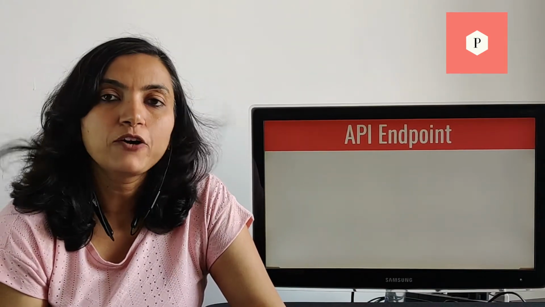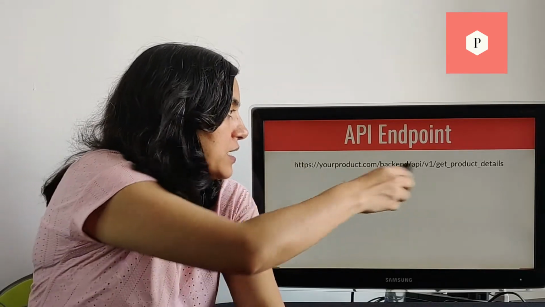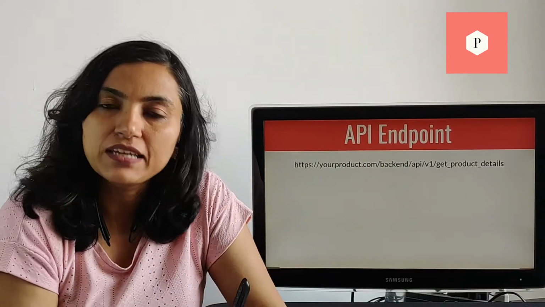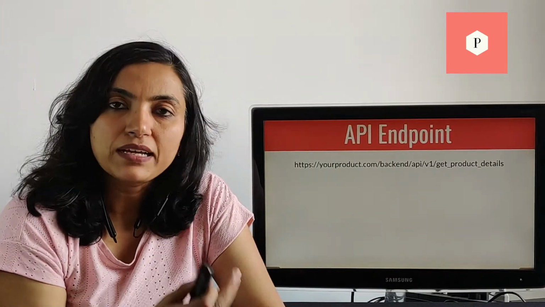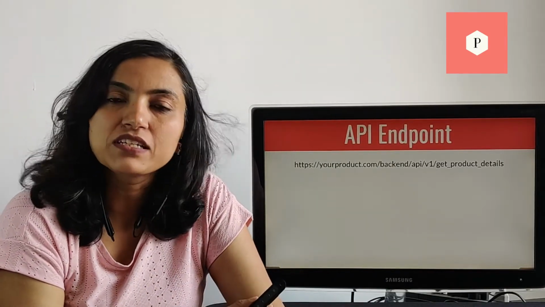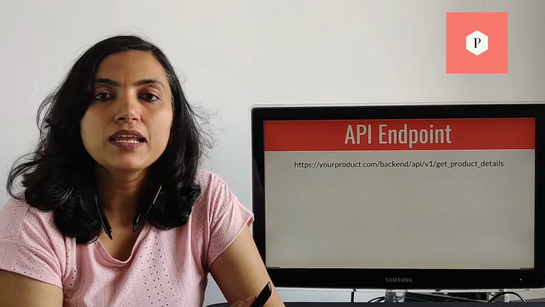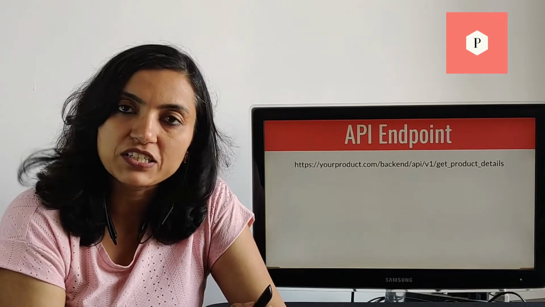If we go back to the example of the display of product page in an e-commerce setup, then you would remember that we had seen an API endpoint like this. When this API endpoint is hit with the product ID as an input, then the backend tries to retrieve the information about that product ID. If it is successful in doing so, then it returns a success response along with the product information as data.